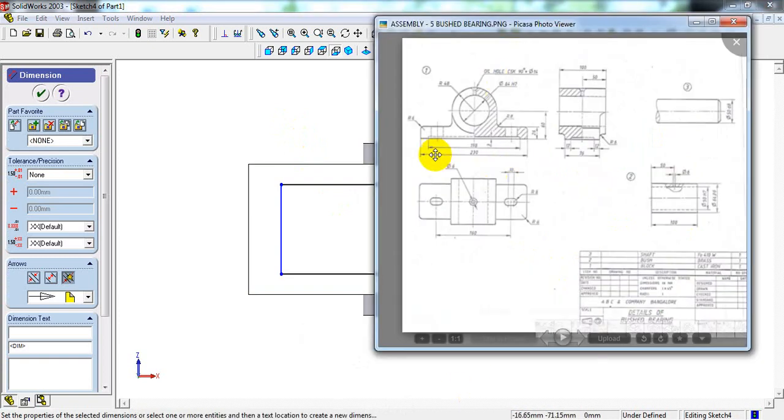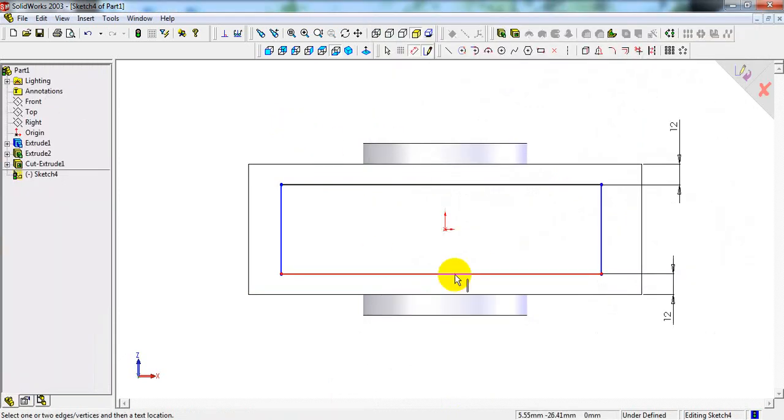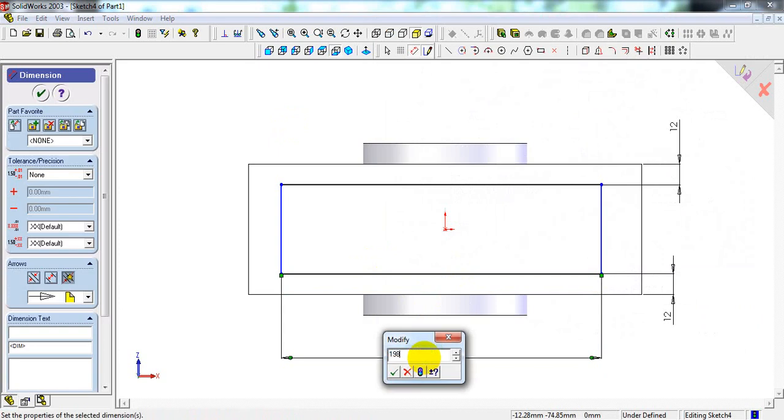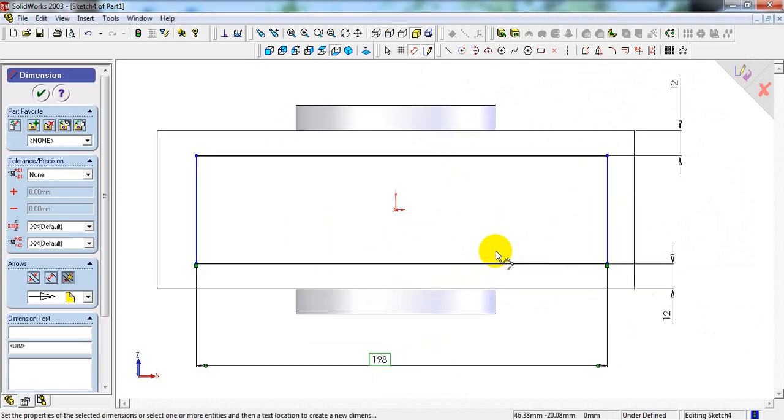In front view, he has given this length is 198 mm. Click on this line, enter 198. We don't know the distance from here to here and here to here, we know only the length of this is 198.